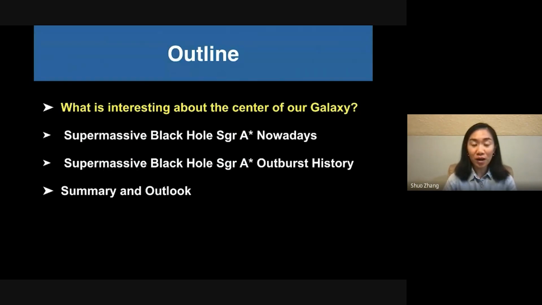Okay, so let's talk about what I'm going to discuss today. Firstly, I'm going to give you some background on the center of the Milky Way galaxy. Why should we care about the center of our galaxy? What's interesting and unique about it? After that, we are going to talk about what Sagittarius A*, our own supermassive black hole, is doing